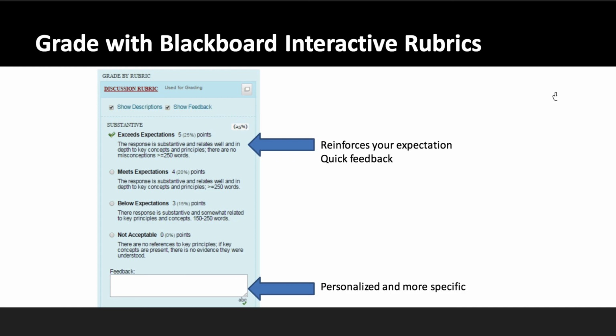Another good strategy for your grading is to use your rubrics. Blackboard has these great interactive rubrics. They seem like a lot of work up front, but the payback is great when you're in the throes of delivering and teaching your online course. The fact that you've set up those rubrics ahead of time and you can use them over and over again